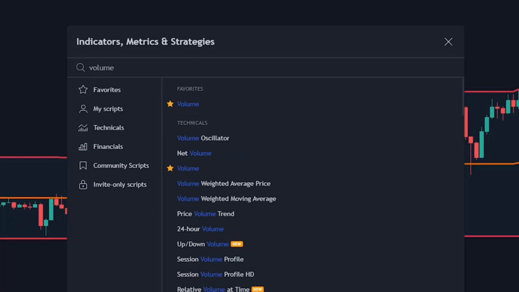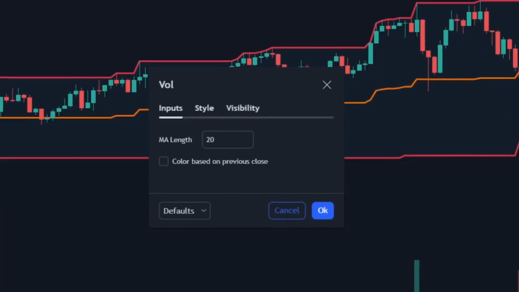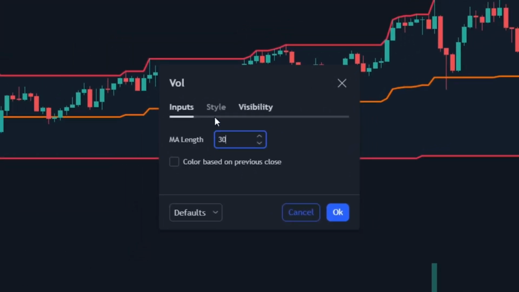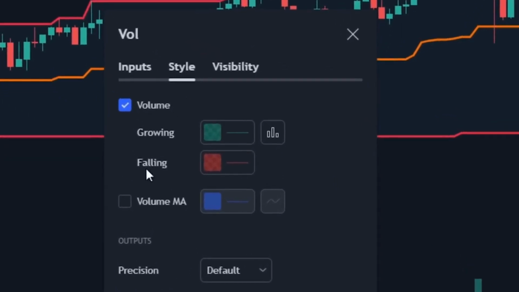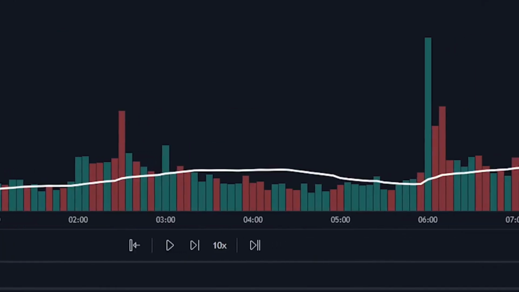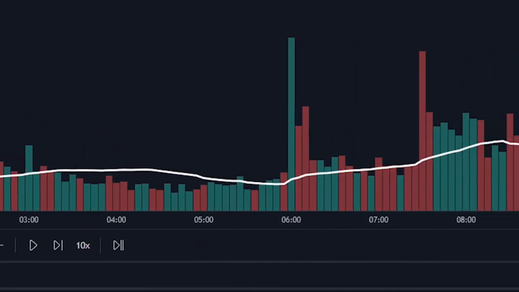I know, pretty boring, but this will help us a ton with avoiding false signals. Go to the settings of the volume indicator and change the MA length to 30. Then go to the Styles tab and enable the volume moving average and change the color to white. This volume indicator will help us identify when the market actually has momentum behind it and not just a small